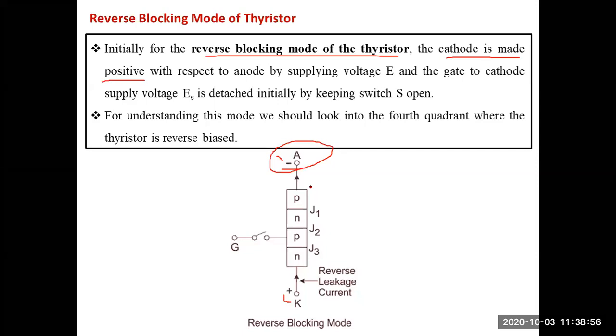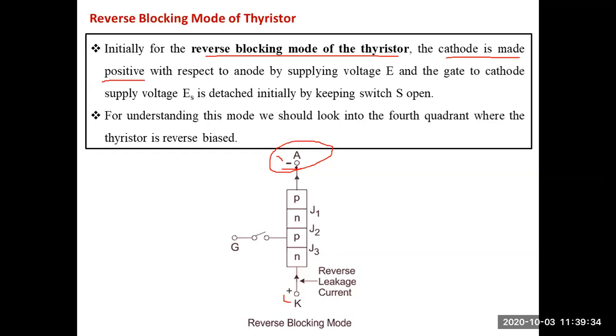What are the modes of operation of a diode? Forward bias mode and reverse bias mode. If anode is fed with positive and cathode is fed with negative, it is considered the forward biased condition, and the switch conducts. Whereas in the other mode, the reverse biased mode, anode is fed with negative and cathode is fed with positive, the diode will never conduct. It is in blocking state. Similar to that, here also we are analyzing the same thing.